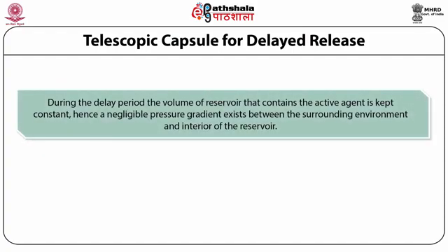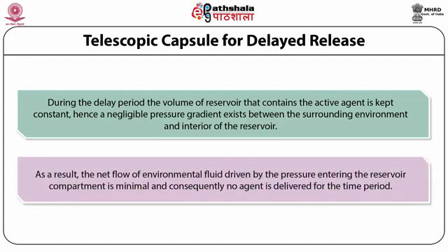So during the delay period, the volume of the reservoir that contains the active agents always remains constant. Hence, a negligible pressure gradient exists between the surrounding environment and the interior of the reservoir. Finally, as a result, the net flow of environmental fluid driven by the pressure entering the reservoir component is minimum, and consequently no agent is delivered for a certain period, and that is how they achieve the lag